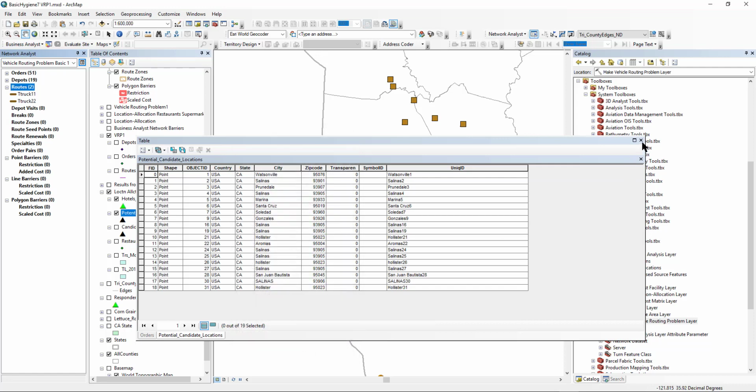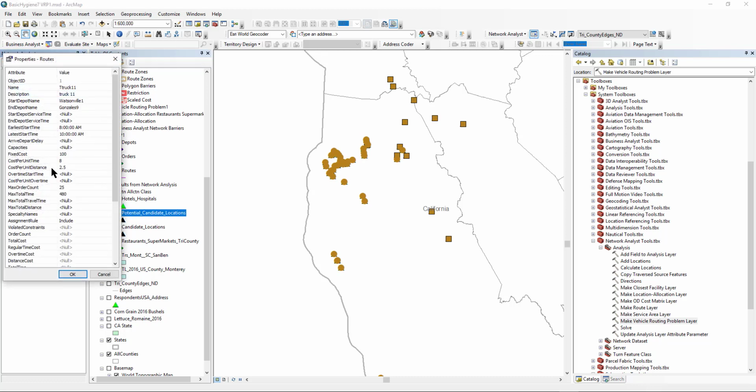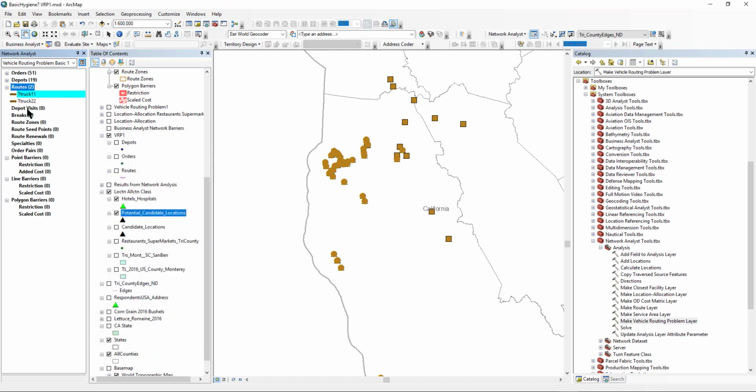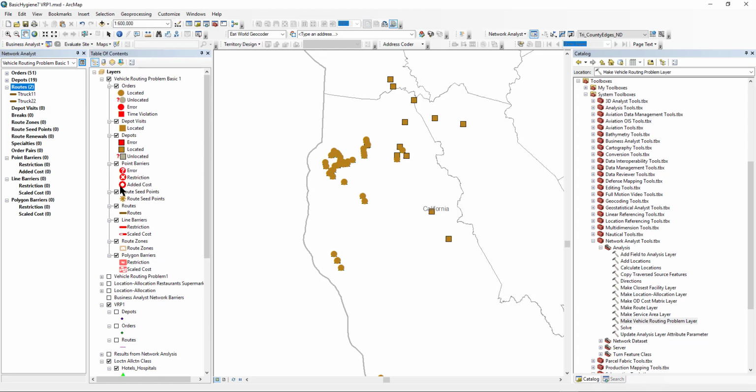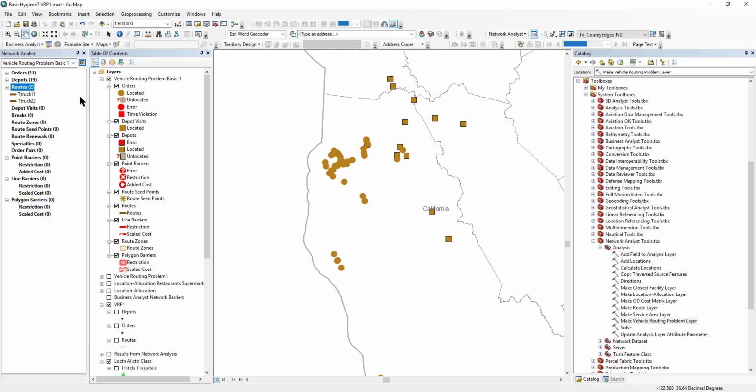Then hit OK, and I will go back here and call this description Tony. Okay, so clear selected features. Now I can uncheck these two layers because the VRP is representing all of them,